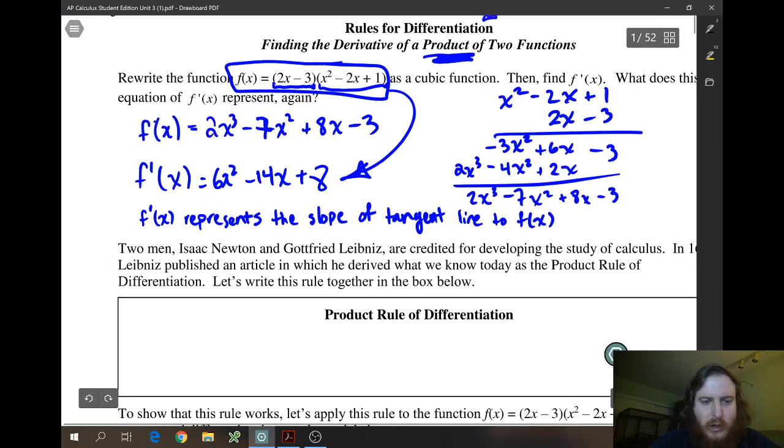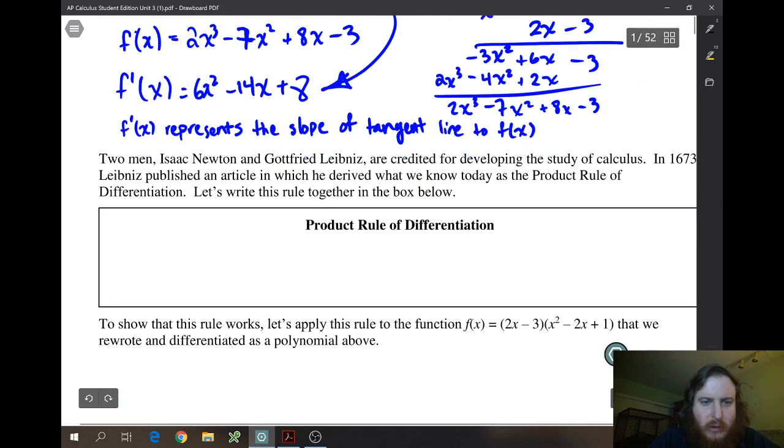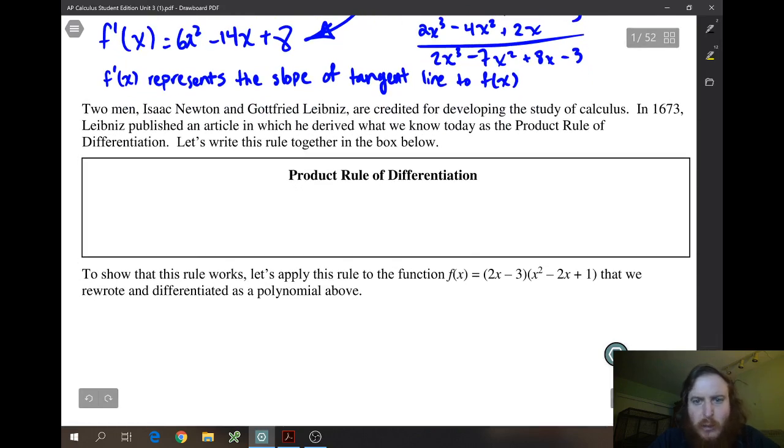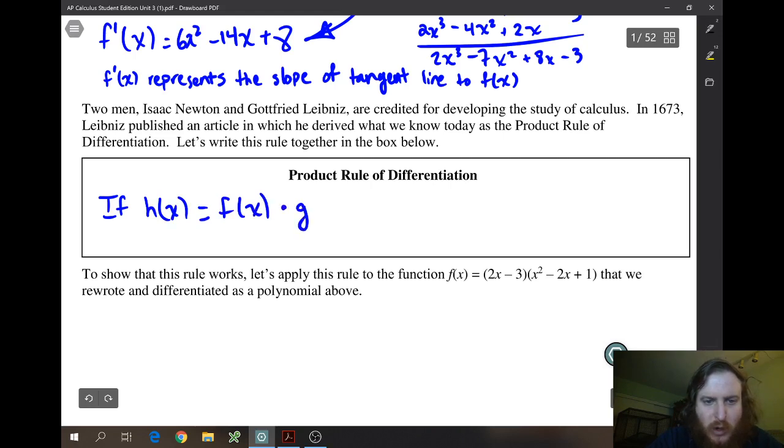Okay. So two men, Isaac Newton and then Gottfried Leibniz, basically both developed calculus. It's pretty interesting. They developed calculus kind of at the same time, but in totally different areas of the world. And Leibniz had a definition for the product rule that we still use today. And so his definition is that if h of x equals f of x times g of x, so we see a product there,